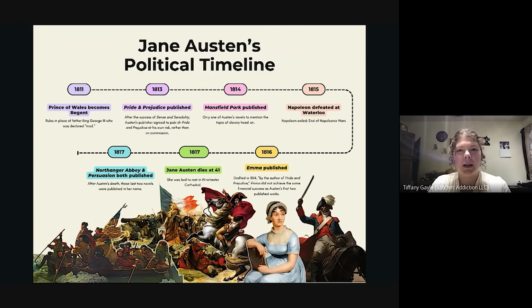But it's also interesting looking at this timeline because she literally dies only 2 years after the Napoleonic Wars ended, and the American Revolution officially starts 1 year after her birth. So her entire lifetime was during this era of revolutions and wars and fights for power. And so it influenced, I believe, probably every aspect of her life. But of course, we're going to mostly talk about how it influenced the fashion in her lifetime.